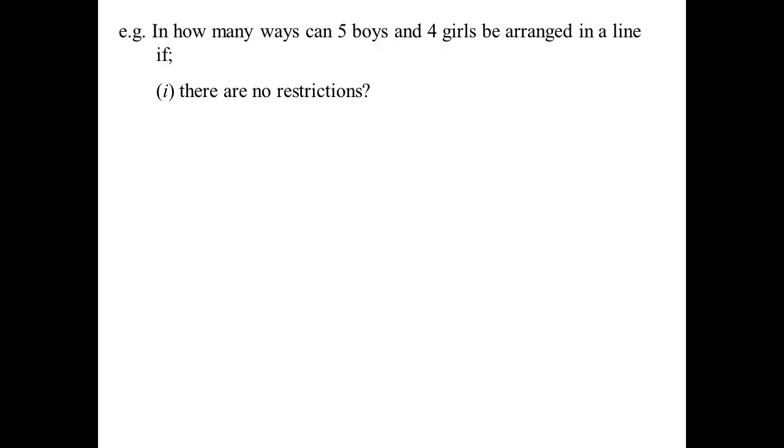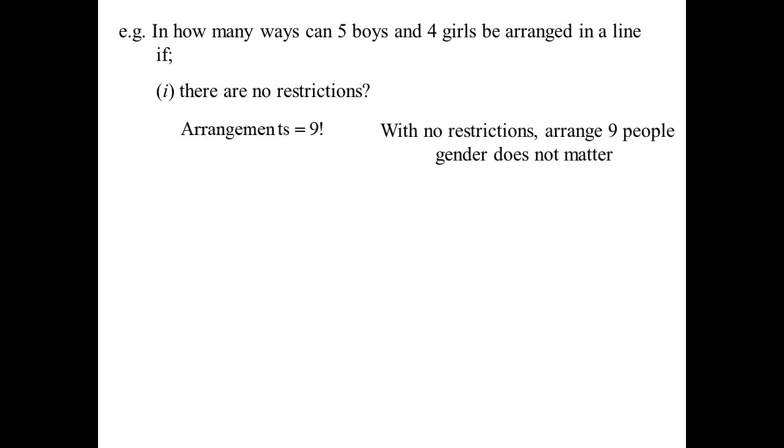How many ways could I arrange 5 boys and 4 girls if there are no restrictions? Now the no restrictions question is basically saying what's the total sample space? So if it becomes a probability question, it ends up being the bottom of the fraction. So often it's the first one they ask. No restrictions, how many ways can you do this? Well, if there's no restrictions, it doesn't matter that it's 5 boys and 4 girls. I've got 9 people over here that I've got to put in a line. 9 objects, 9 factorial. So the gender doesn't matter. And if you're interested in the number, there it is,